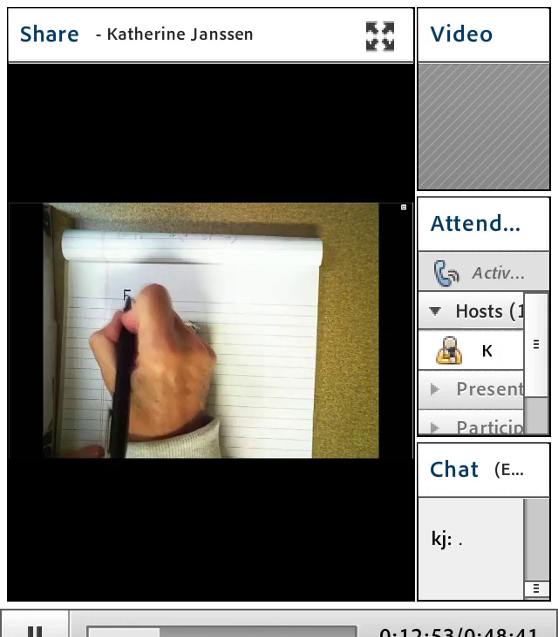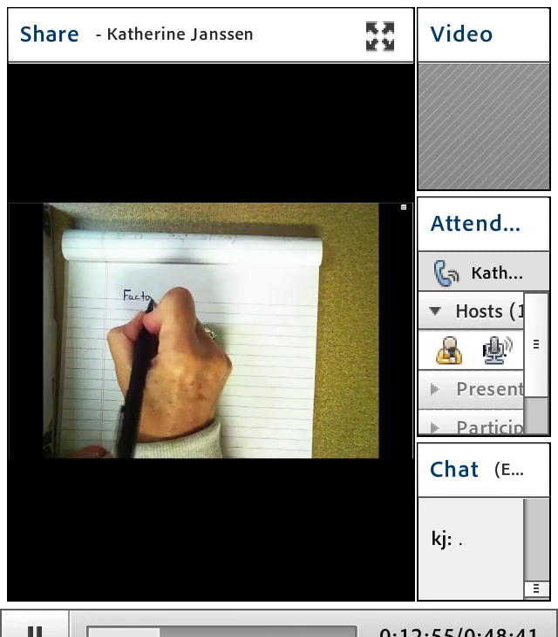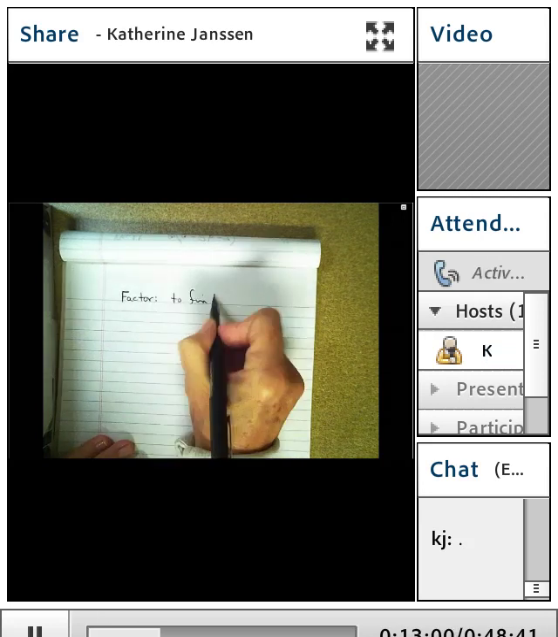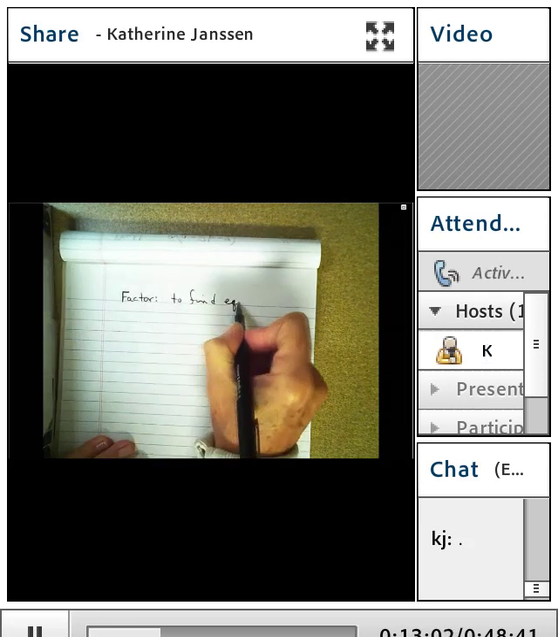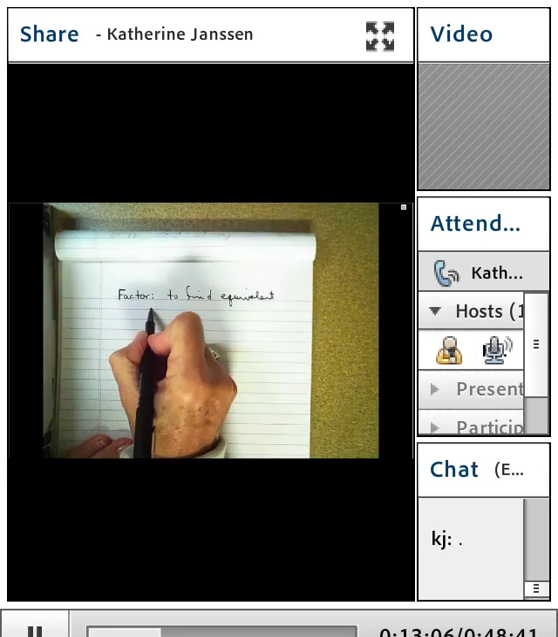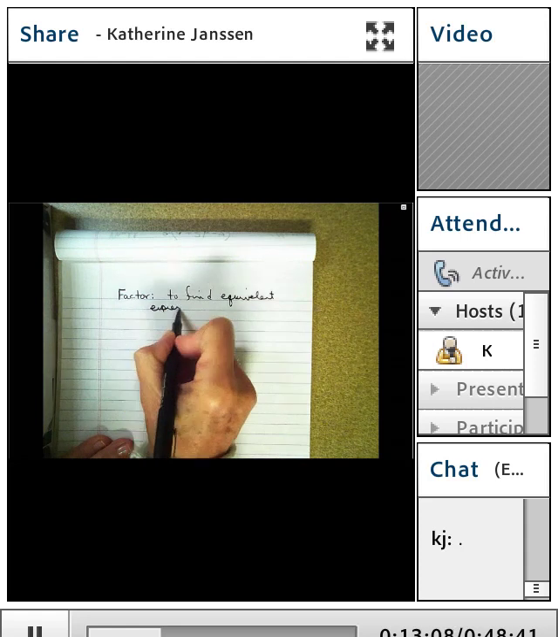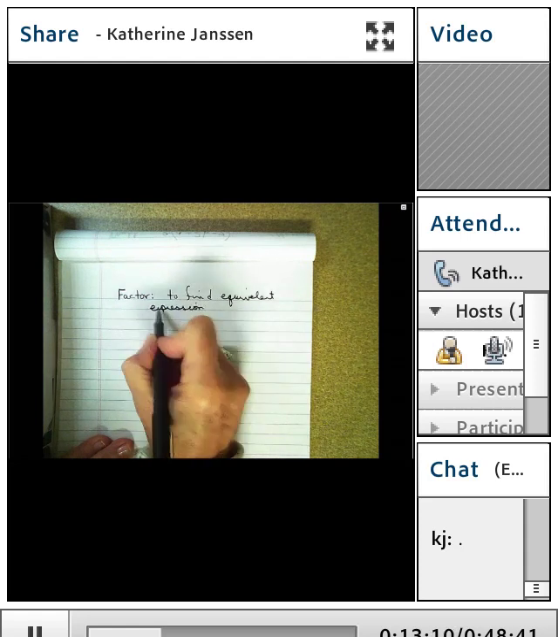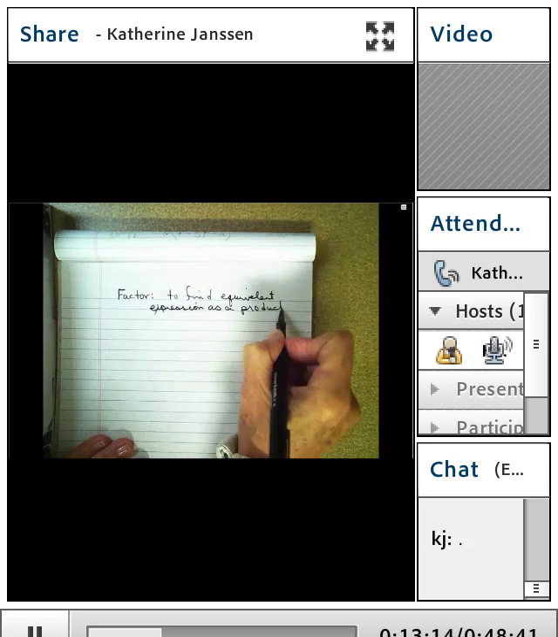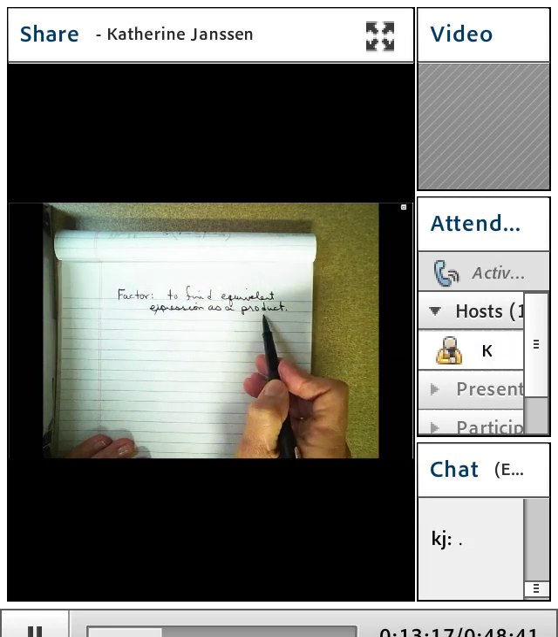Factoring. Factor is to find an equivalent, something that's equal, expression as a product. Now, product means our answer when we multiply. So you're asked to factor